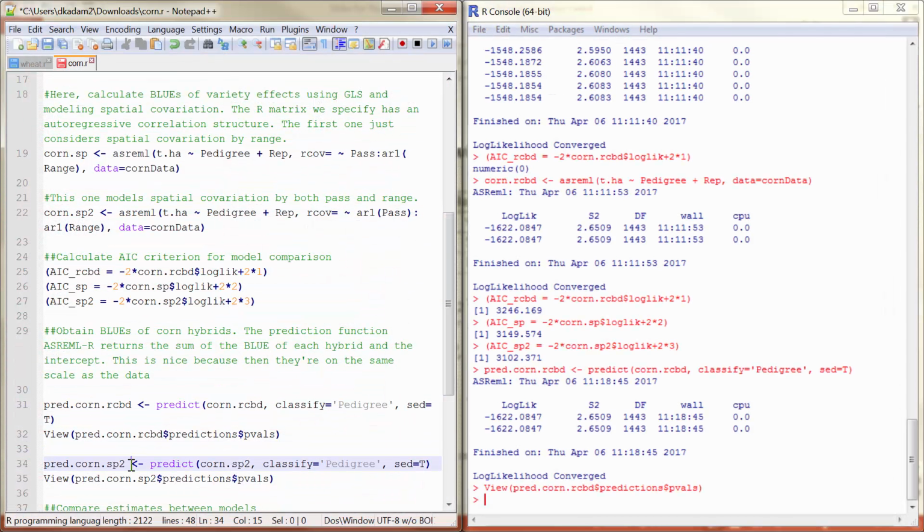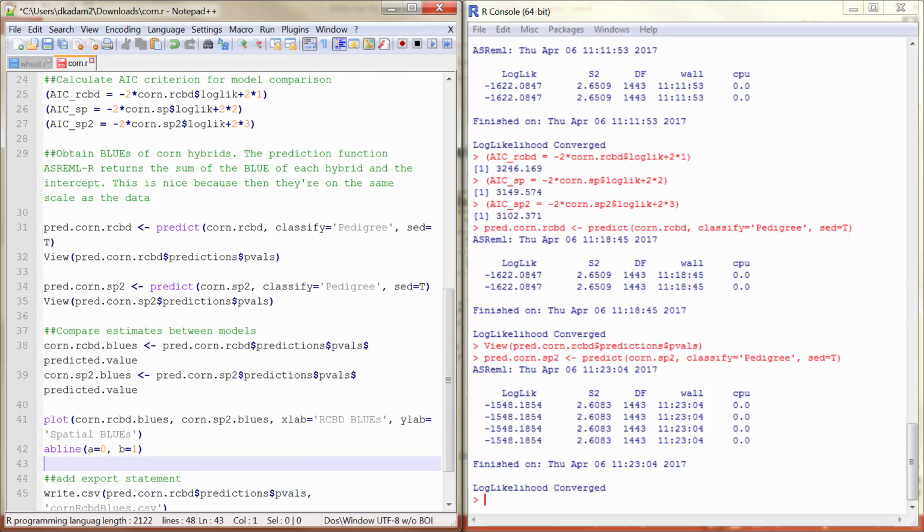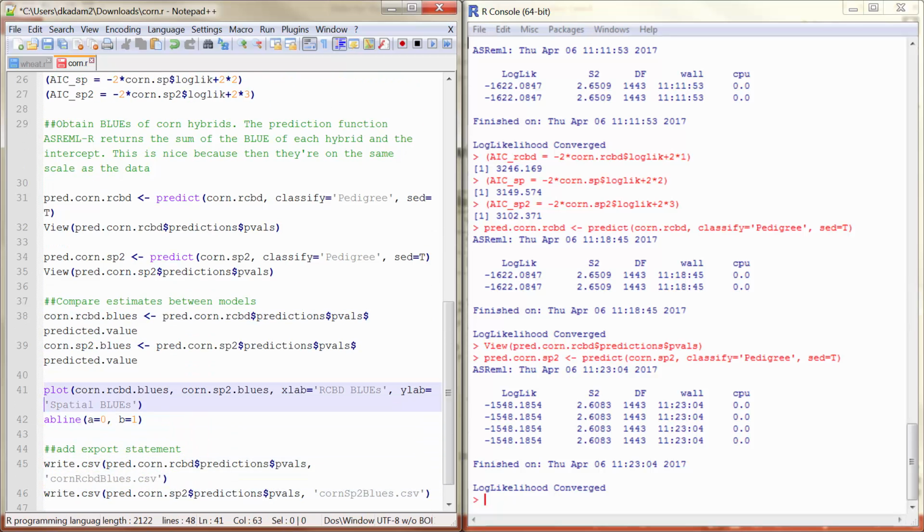All right. So we're looking at the predictions here. And then there's not really much else I was going to do here besides